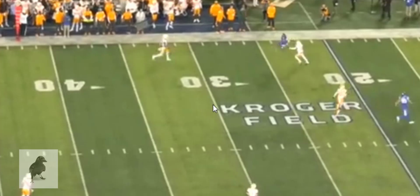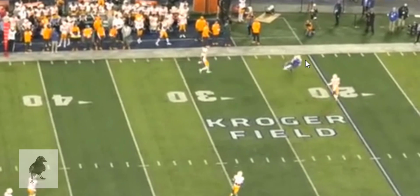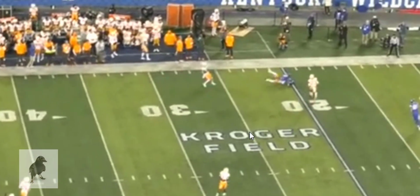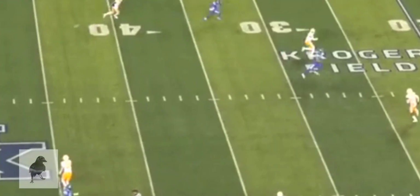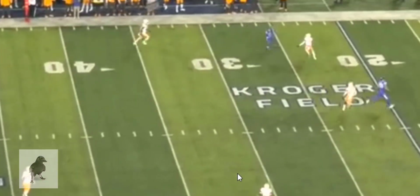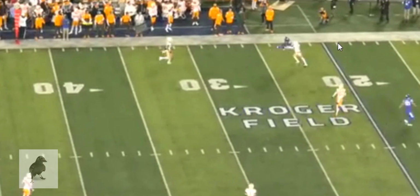Instead, he now leads himself into contact where a defender has a better chance of being able to strip the ball away. It doesn't happen because Robinson at least did a good job of leaning back and putting his back to the defender. But it's this pattern of behavior that I see with his plays